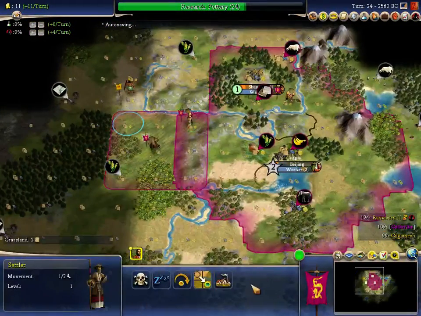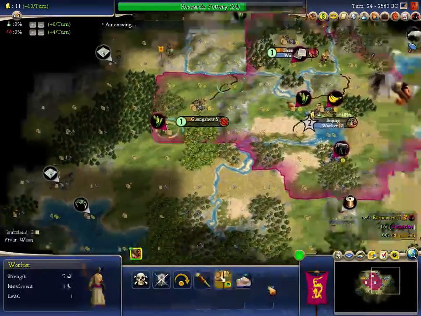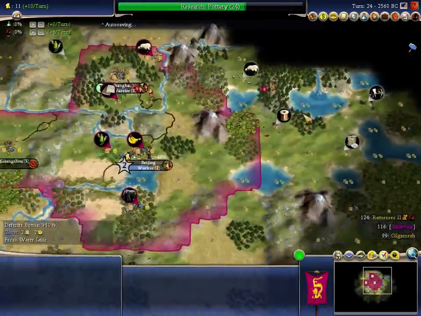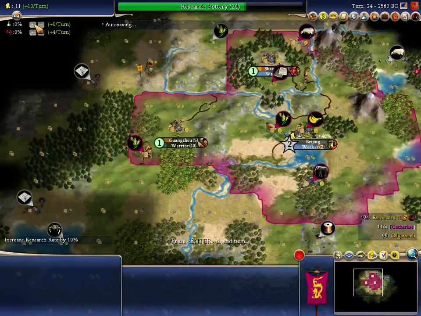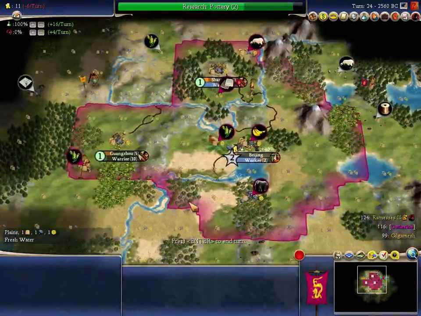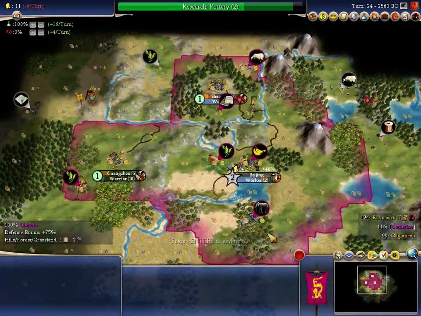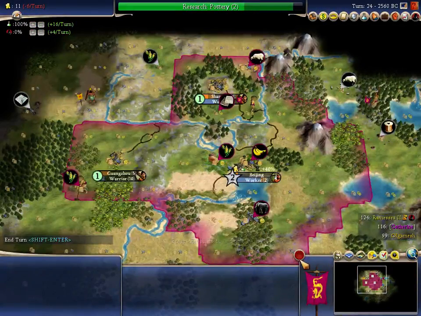Settle a new city. Zhao. Improve the corn. Pull the warrior. And just to point at tech now, I can pretty much get it done in time. So I'm going to go back to, yeah,